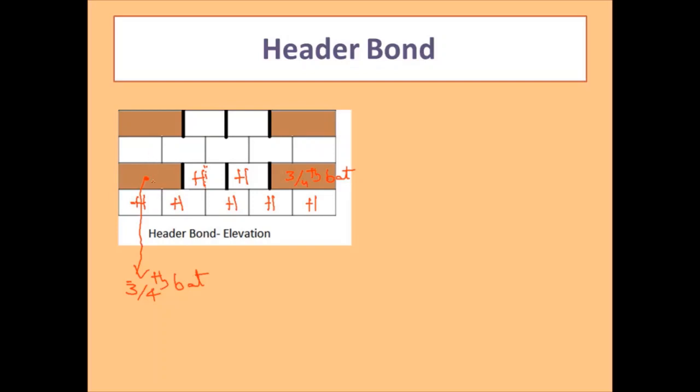Then again third course will be same as the first course, and fourth course will be same as the second course. So let us see the lap length here. So this is one vertical joint, this is the vertical joint of successive course. So what will be this lap length? This lap length will be equal to 1/4 of the brick length. Because if you take the header, that will be half of the brick length, and again in the header it is half, so lap length will be equal to 1/4 of the brick length.